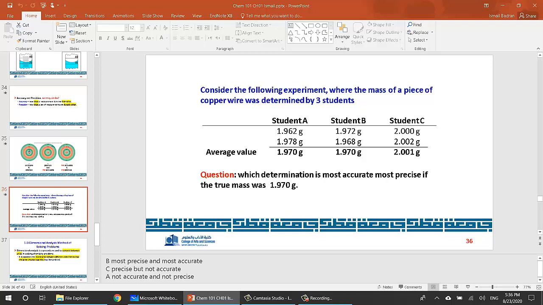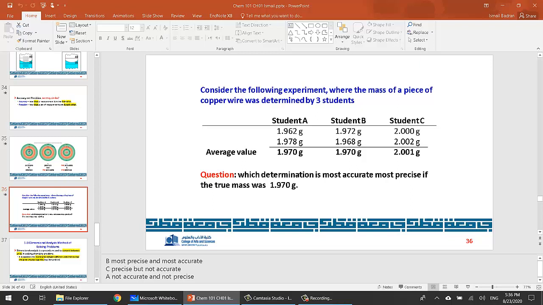Which determination is most accurate, most precise, if the true value is 1.970? So now we know the true value. We can compare the average values. Students A and B are both, I would say, accurate because they obtained measurements close to the true value. But student C, of course, is not accurate, because her measurement is away from the true